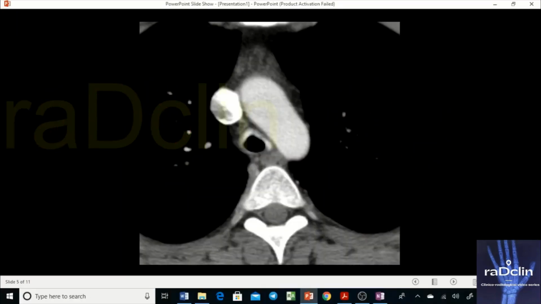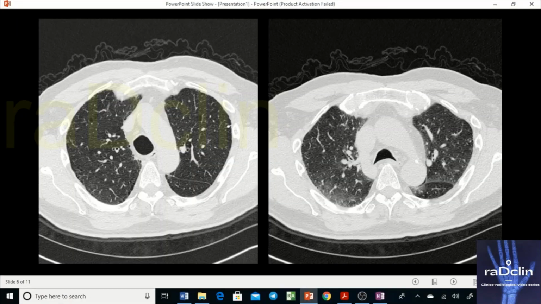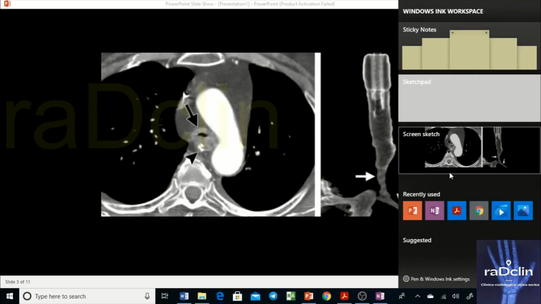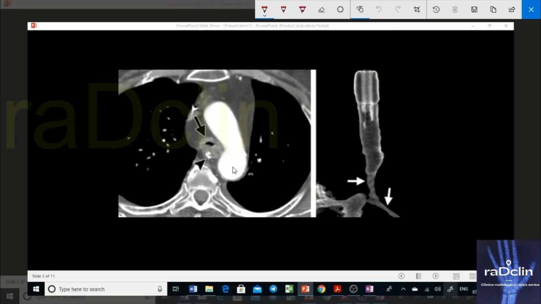Now, next image. Let's see this particular image. In this image you can clearly see two images are shown. One is a CT scan axial section, and another is a VRT image specifically drawn for the trachea. If you look closely, do you see any thickening? First question: is the thickening present? Definitely yes, and this thickening is almost causing tracheal stenosis. The tracheal lumen is reduced down to almost nothing.